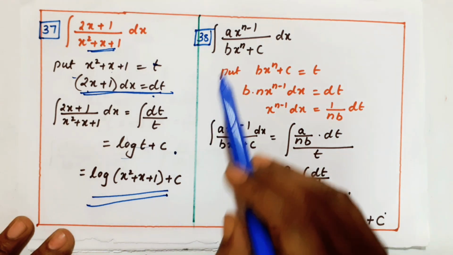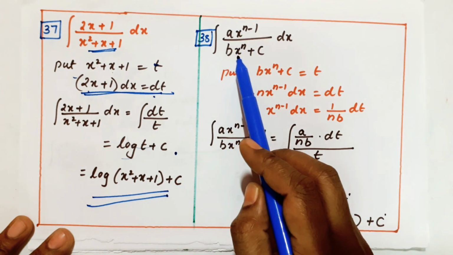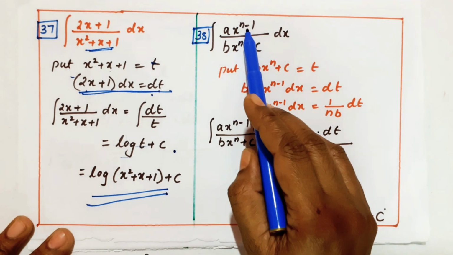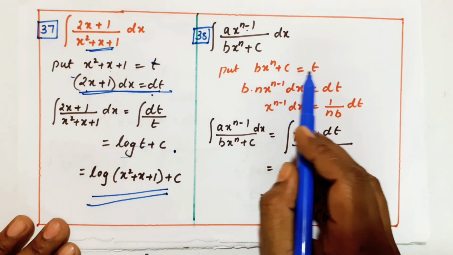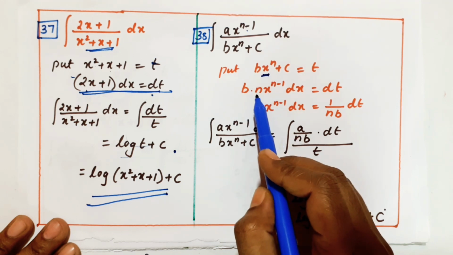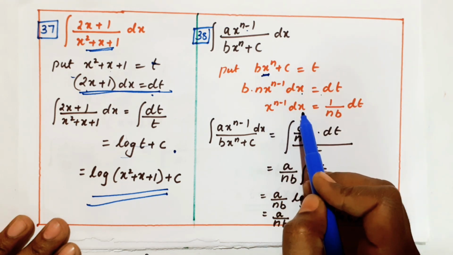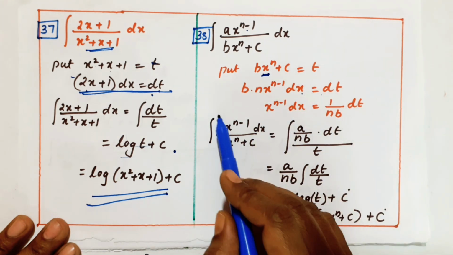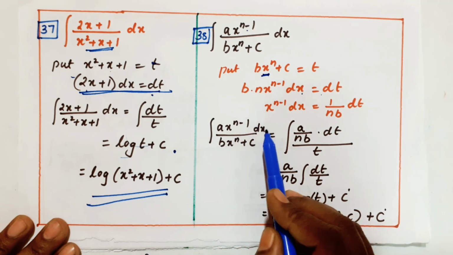Now see another question. Integral of a xⁿ⁻¹ by (b xⁿ + c) dx. Here also you see, in the numerator it is xⁿ⁻¹. So take the term in the denominator, b xⁿ + c, as t. Differentiate: b is constant, differential of xⁿ is n xⁿ⁻¹ dx, equals dt. xⁿ⁻¹ dx, taking n b to the denominator, is 1 by nb dt. So you can write the question, integral of a xⁿ⁻¹ by (b xⁿ + c) dx, as,